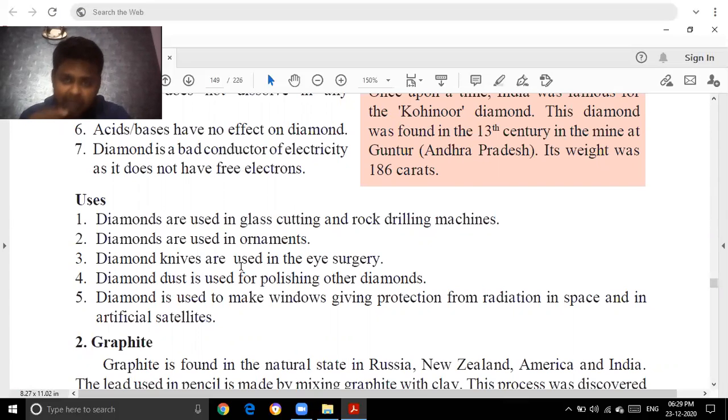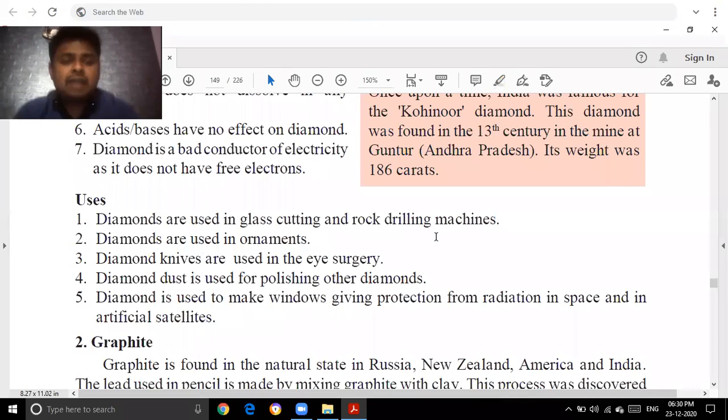So in a drilling machine, at the tip, we have these diamonds. They are a special type of diamonds. They're not very shiny, but they are specially made for drilling machines, and they can cut the rocks. Okay, cut the glass and drill the rocks. So however strong or however hard the rock may be, you can drill it with the help of these special type of diamonds. Okay,